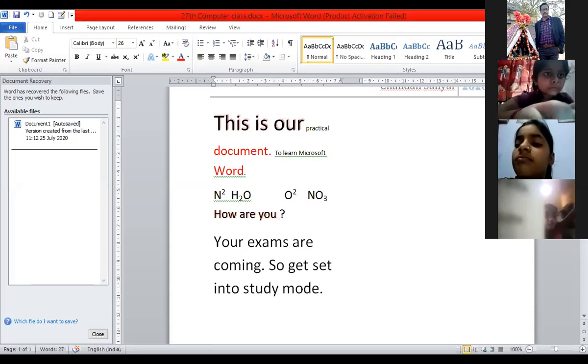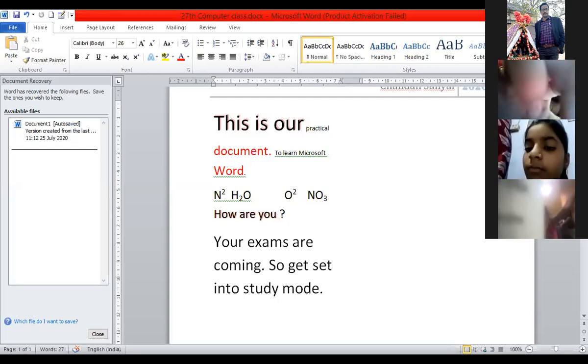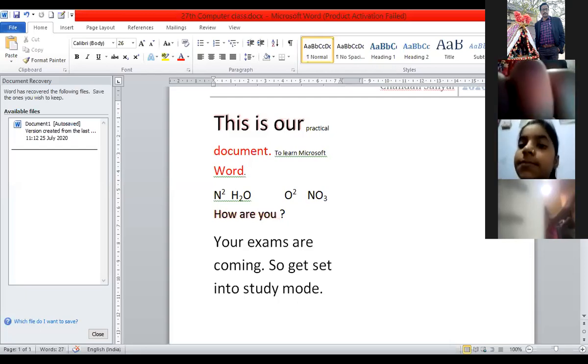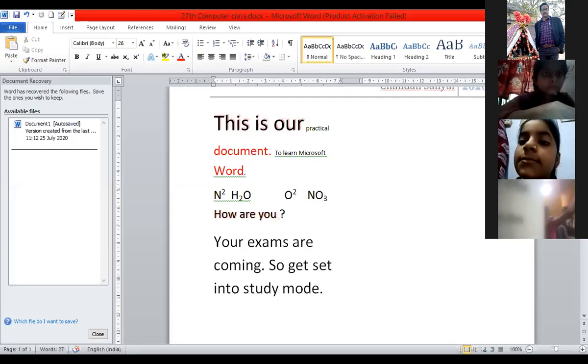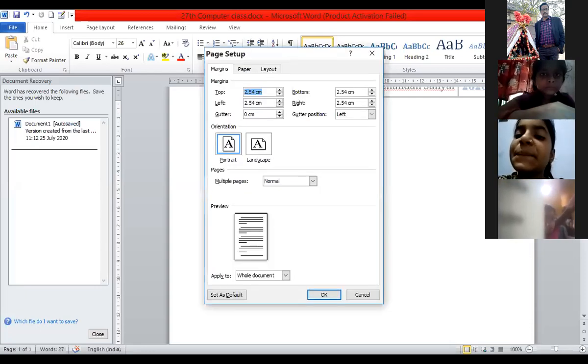Now, let me move to another person. Akshat, what's your question, Akshat? Sir, I can't see your cursor in the format painter. Now, can you see your cursor? No, sir. Your cursor is in the editing group. Select. Editing group select. What were you saying? Yes, sir.